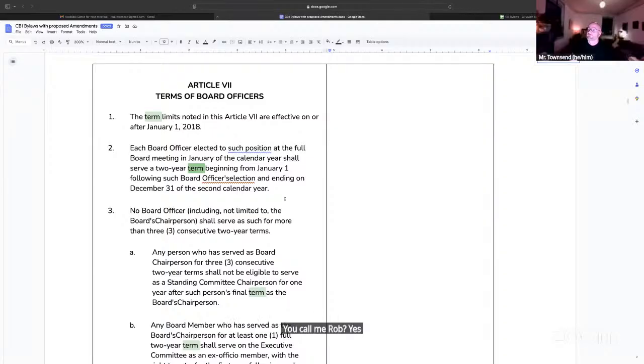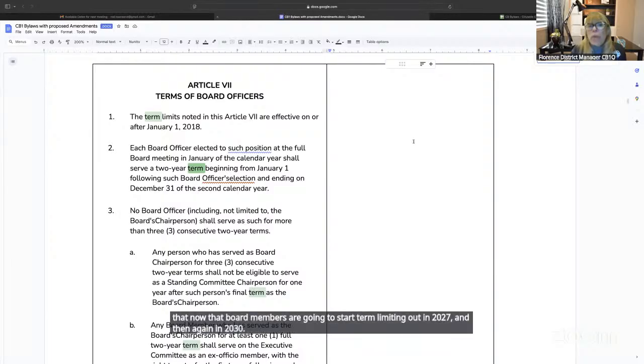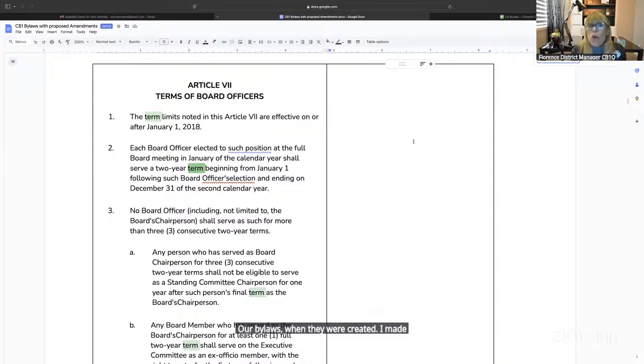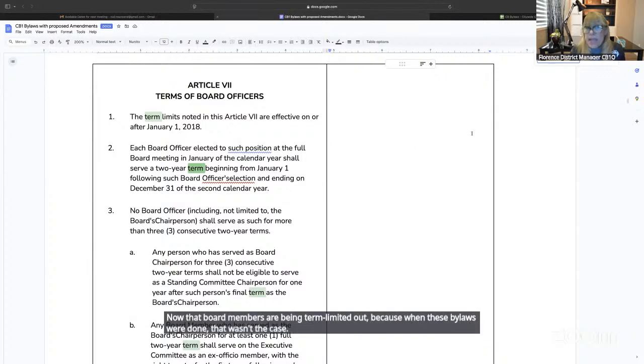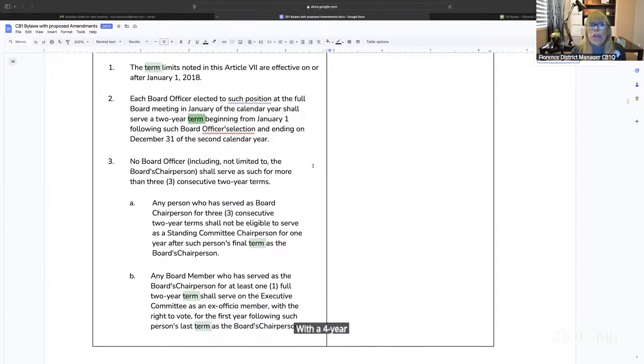Yes. I was saying that we were told that this was to prepare for the future and that this review process was to make things easier for the next generation of board members. I made a simple comment that now that board members are going to start term limiting out in 2027 and then again in 2030, our bylaws, when they were created, I made the suggestion of 3 two-year terms with biannual voting. Now that board members are being term limited out, because when these bylaws were done, that wasn't the case, that was my suggestion. Now I am suggesting an annual vote with a 4-year term limit for the chairman,